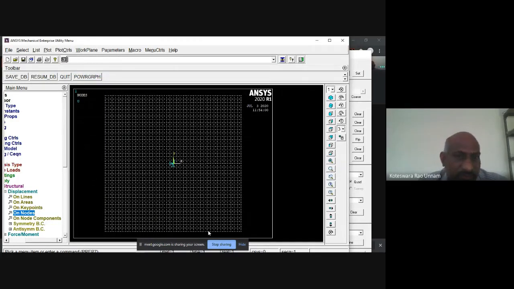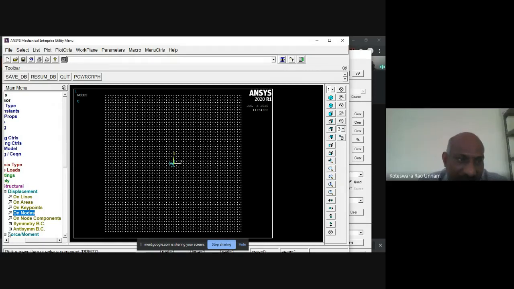So then I am applying the tensile force. Here, the center node at the top and the center node at the bottom, I need to constrain these two nodes from the rotation.